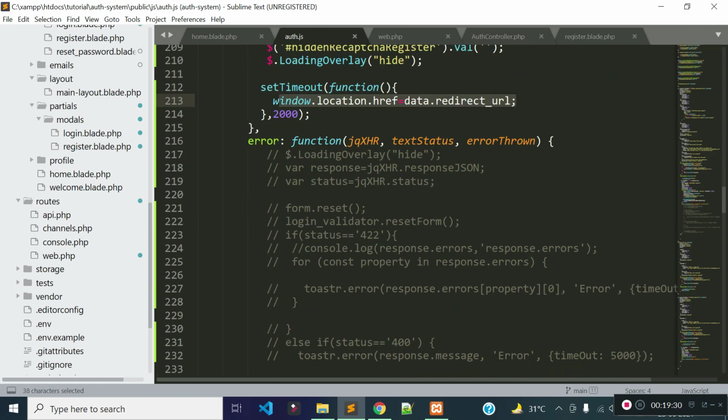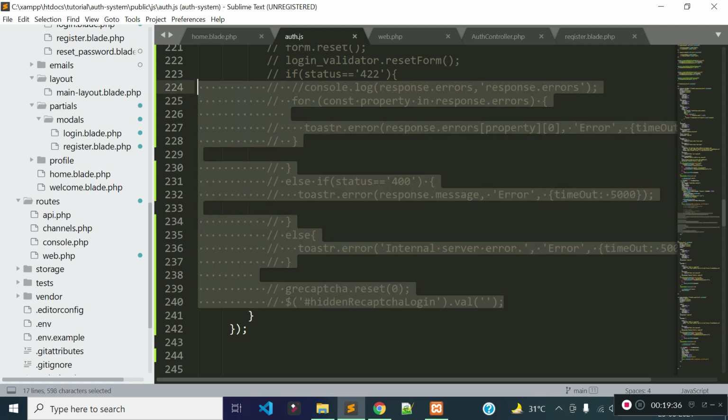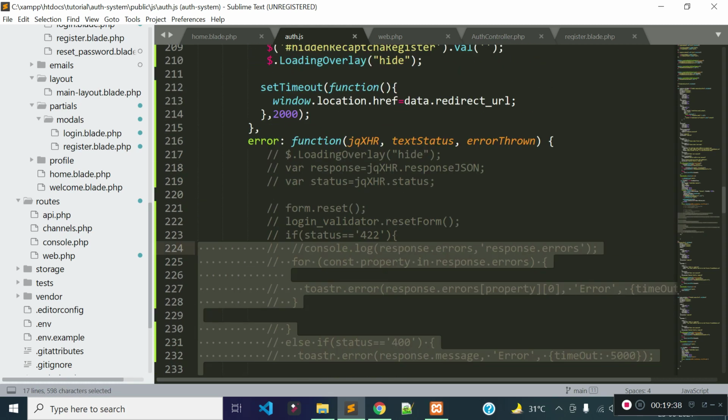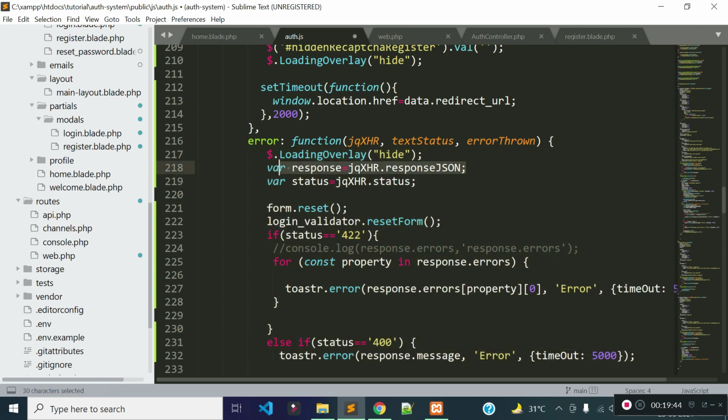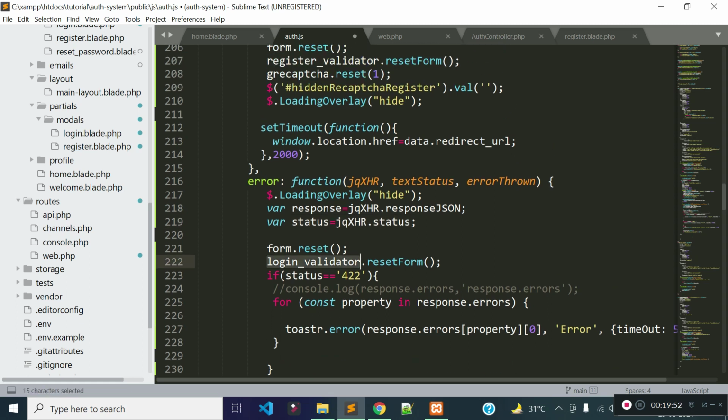And in our error callback, what we need to do is display the error messages, right? Whenever there is some 400 status code from the server, we need to display the error. First of all, we are storing the response in a variable response, and we are storing the status in a variable status, and we are also resetting the form.